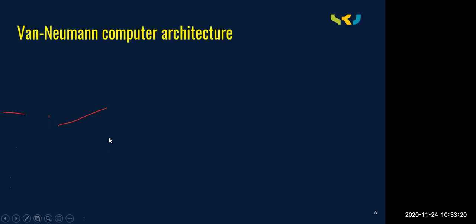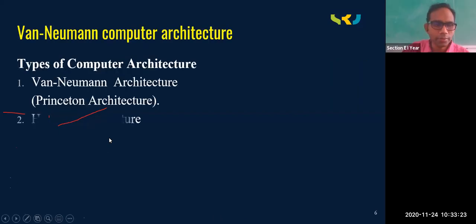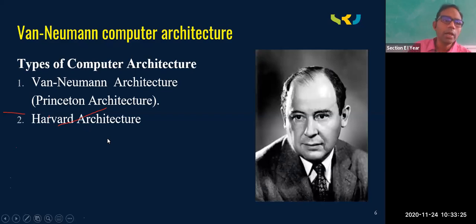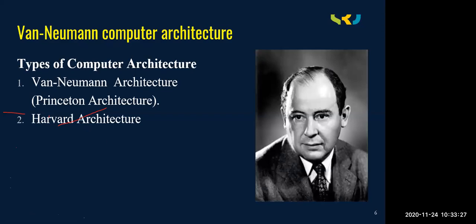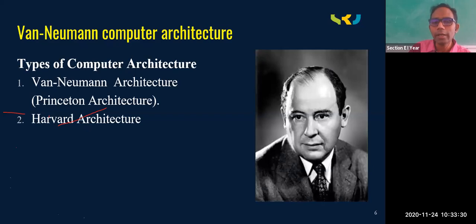Next, von Neumann architecture. First of all, what do you mean by an architecture? An architecture is the way of arranging the components or arranging the instruction set or arranging anything. Now coming to computer architecture, we are having 2 types of architectures. One is von Neumann architecture and the second one is Harvard architecture. Now coming to Harvard architecture, everything is distinct. Distinct in the sense control unit or control signals will be stored separately.